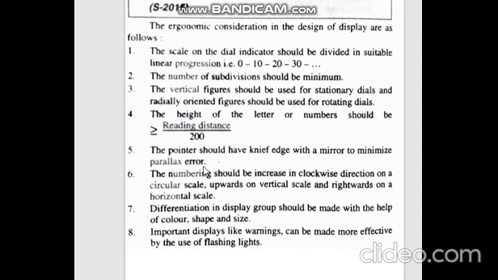So if you are not exactly from above the point you are not seeing, then you may end up with some parallax error. So therefore a mirror should be there beneath it, so that the image in the mirror and the pointer, if they both are matching, then you will avoid parallax error. And it should have a knife edge, it should not be blunt edge. Okay,